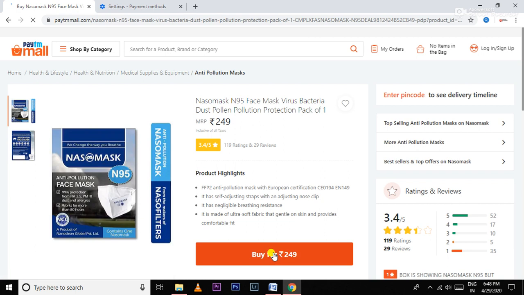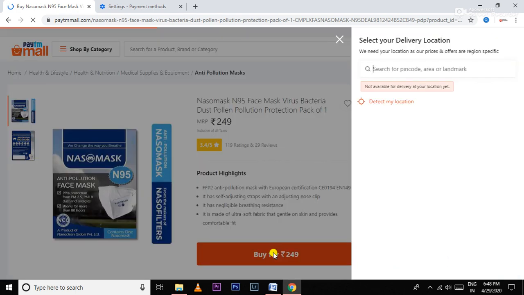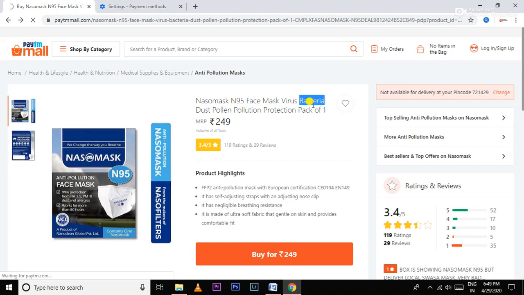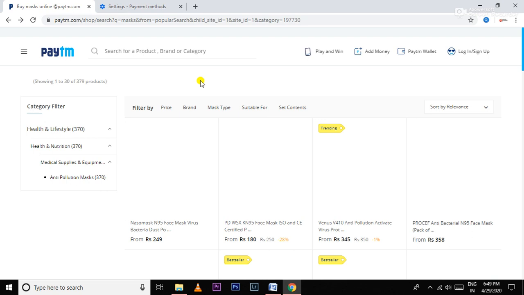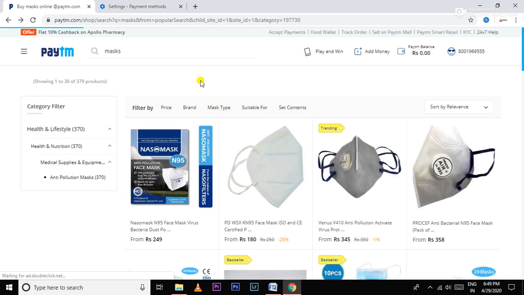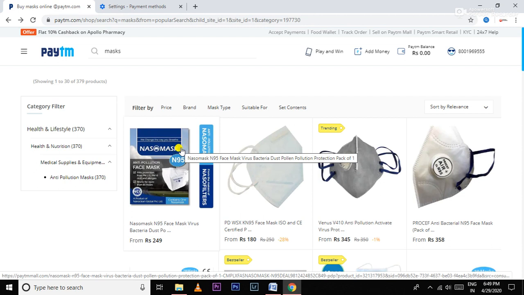So it will take you to the next payment page. I guess since this quarantine all the e-commerce websites are down, so I can't show you that process.